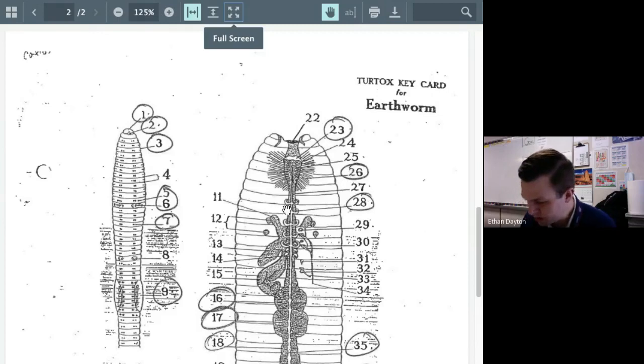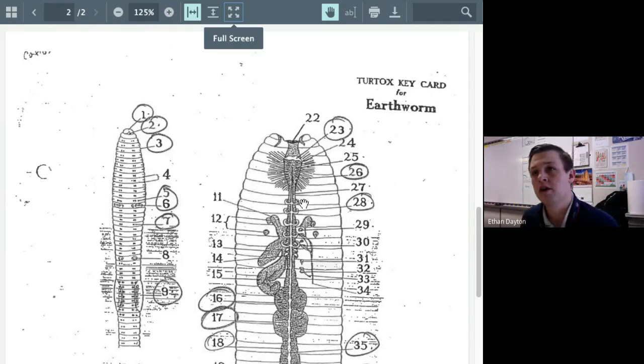Esophagus is number 27, which also is not circled. Okay, but it goes, you can see, into this, I don't know what to call it, not like a tube, but like just an opening for the pharynx. And then the esophagus is that tube. And yes, you have the esophagus. Food goes into your mouth, ground up by your teeth and saliva used to kind of make it soluble a little bit. It goes down through the tube, muscular tube, the esophagus, and that'll lead to your stomach.